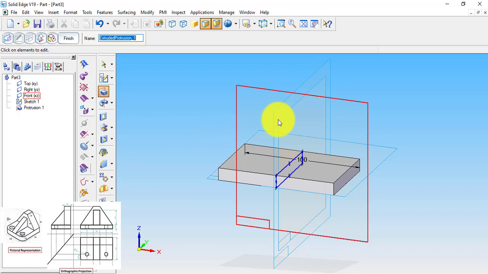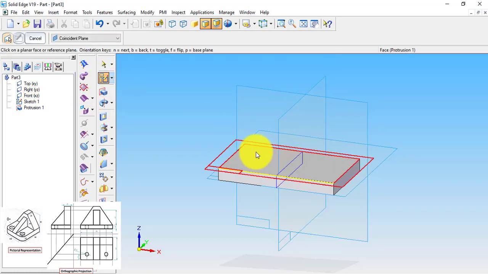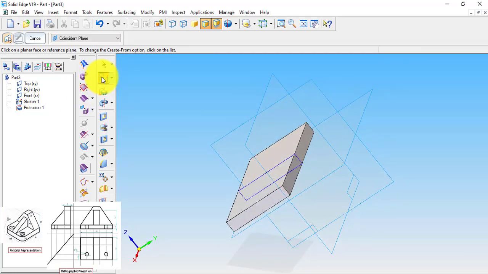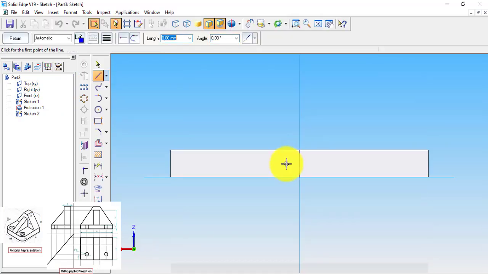Now let us create the upper triangular portion of our object. For that, we need triangular 2D lines on this portion. By using the shift button and the right click of the mouse, we can rotate the object. Now select the create sketch option and select this face of our object. Now draw a 2D sketch of our triangular contour. We have seen that the total height of our object is 60 mm.